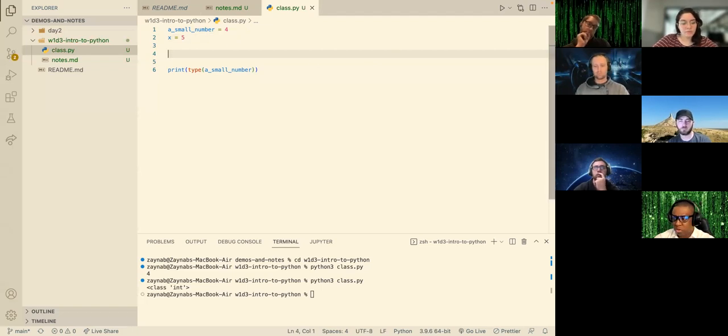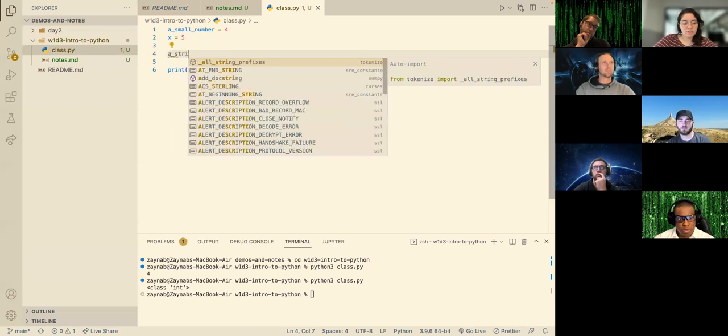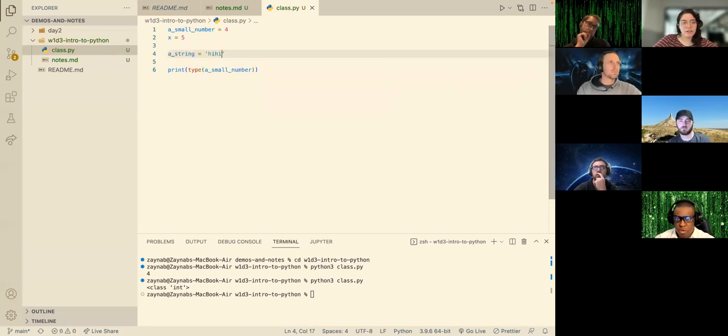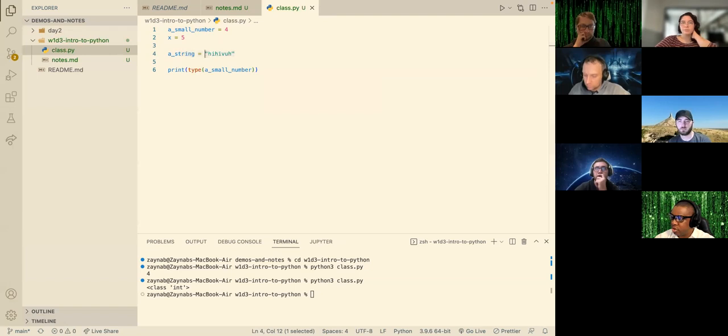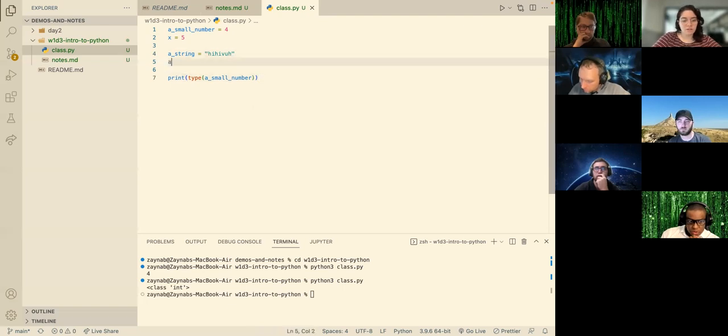For strings, you can define a string with single quotes. You can also define a string with double quotes, and it doesn't matter, you can use them interchangeably as long as obviously the opening and the closing one are the same. So that is also similar to JavaScript. And if I create another string,